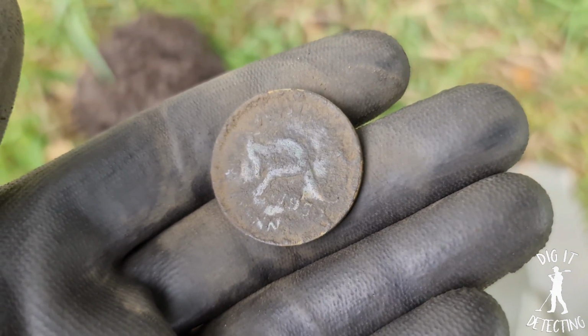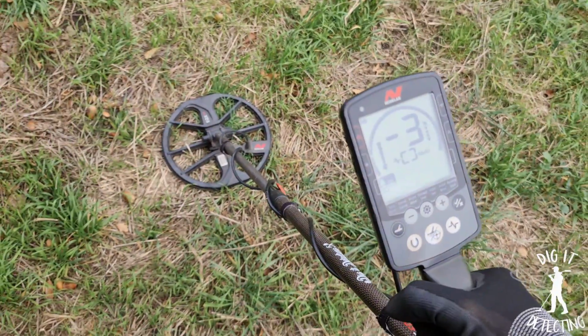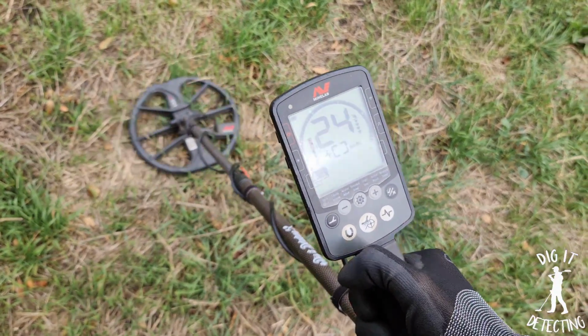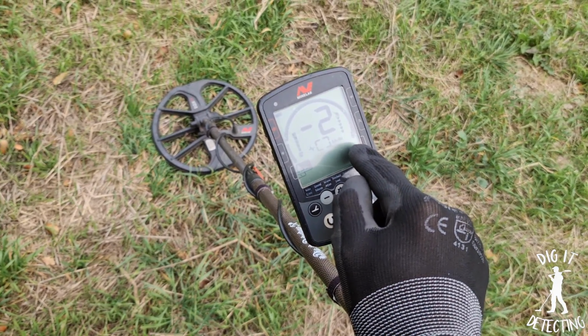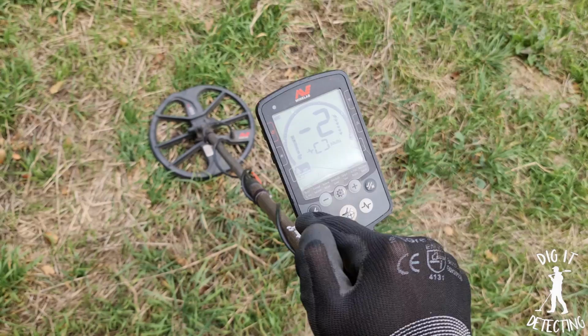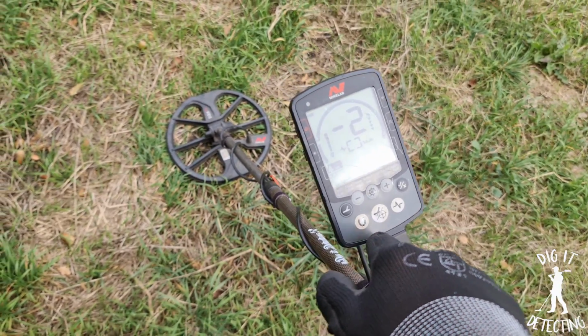We've got a 1952 rue penny. Happy days. Now, I did just previously say that I was running from 1 to 40, digging targets 1 to 40. However, in some situations, like this one here,